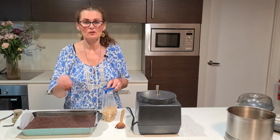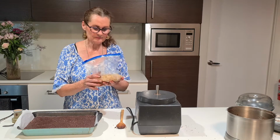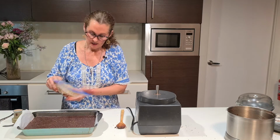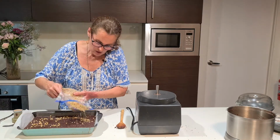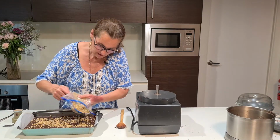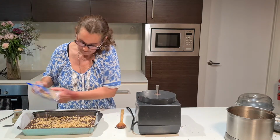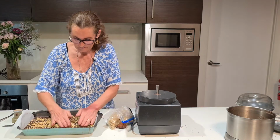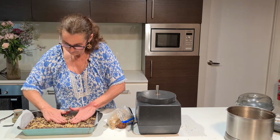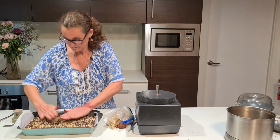You could put some sea salt flakes on top if you want, but I'm going to use these walnuts. I usually blitz up a whole heap of walnuts, keep them in the freezer so that they're ready for this type of thing. So I'm just going to sprinkle some over the top, just as a bit of garnish really. Make it look a bit profesh. And just press it in a little bit because they will tend to slide off. You could use peanuts as well. And there we are,